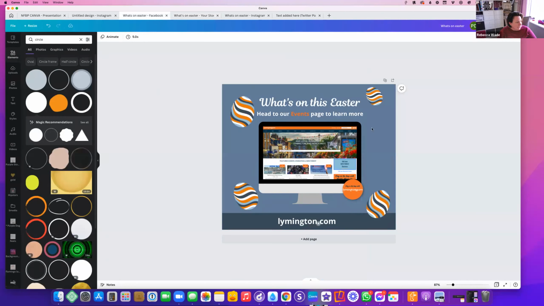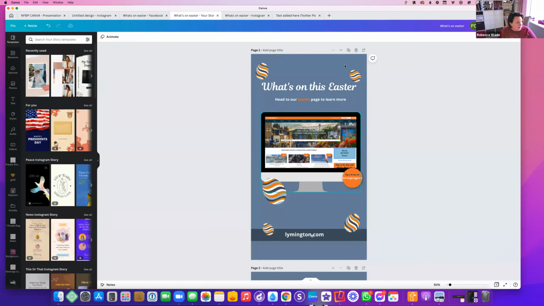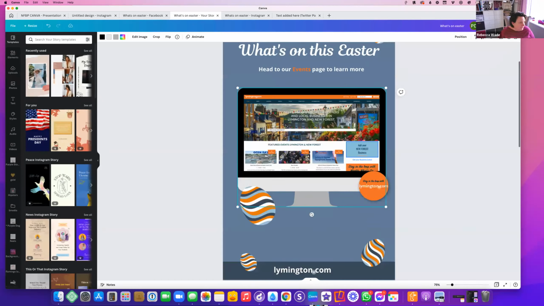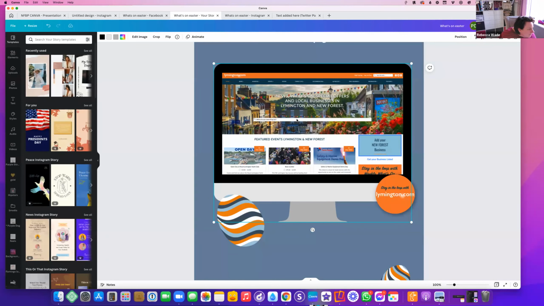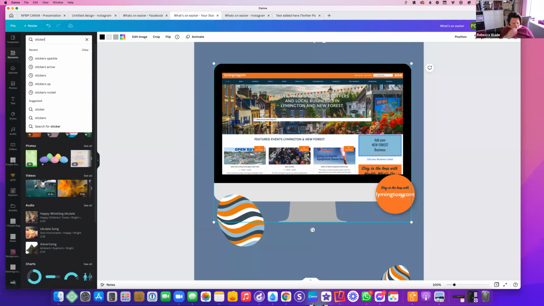So I've got all these different things, and now we've said, okay, so video is really hot at the moment. What if I wanted to convert this into very simple video? So for example, I'm just going to zoom in so I can see where the events page is here. Okay, so in my elements, sometimes it's easier to type in stickers because it gives it to you, highlight,